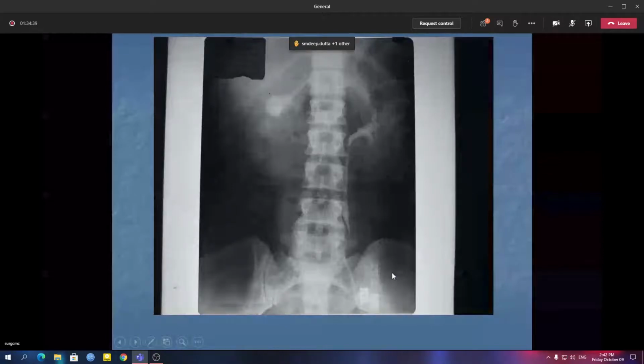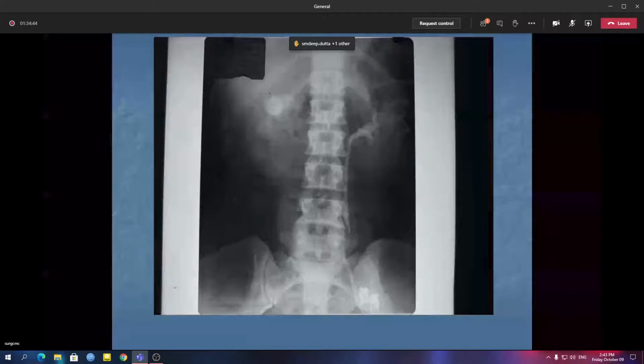Sir, I think, is it a good way to find any obstruction using a dye or agent? For example, if there is already obstruction and we are using a dye, more discomfort will occur to the patient. Sir, first of all, you are talking about kidneys, okay? You are not talking about intestines. Whether you like it or not, the kidneys keep on making urine. The urine is formed every day. So even if there is obstruction, dye given or not given, urine is coming from above and pushing above the obstruction.